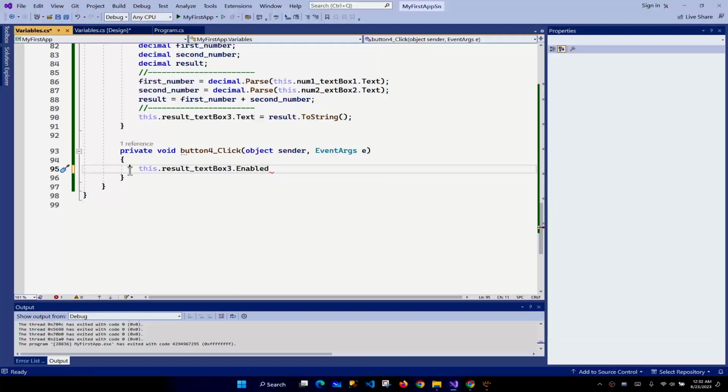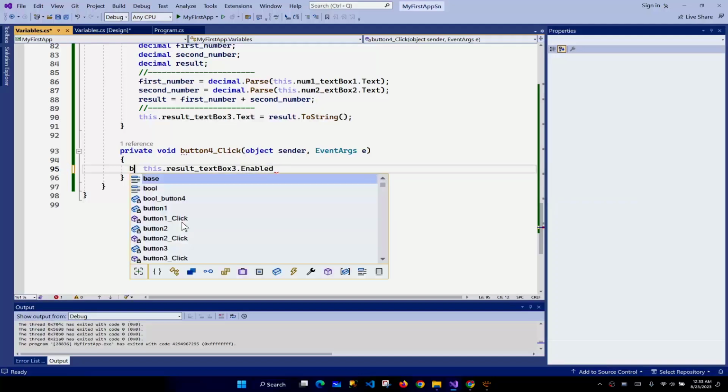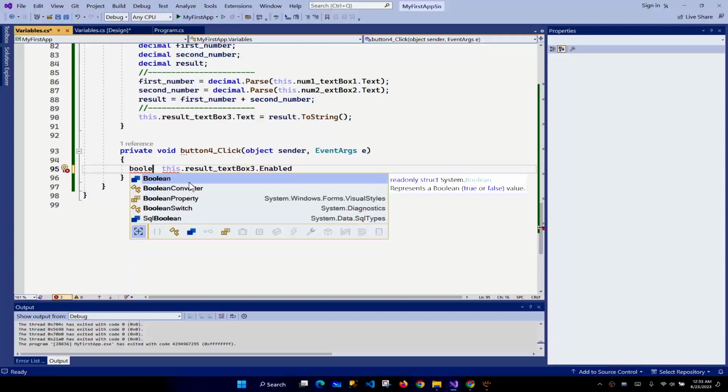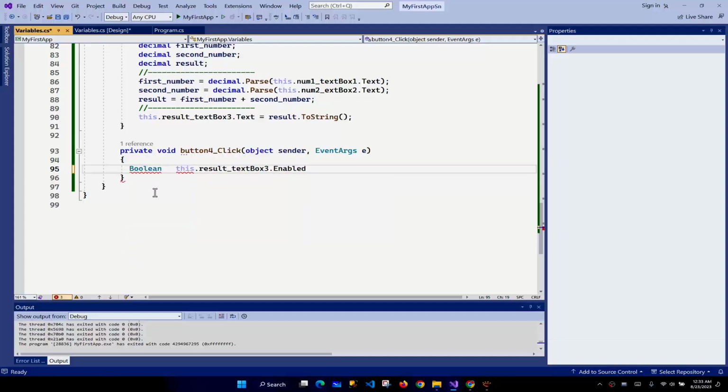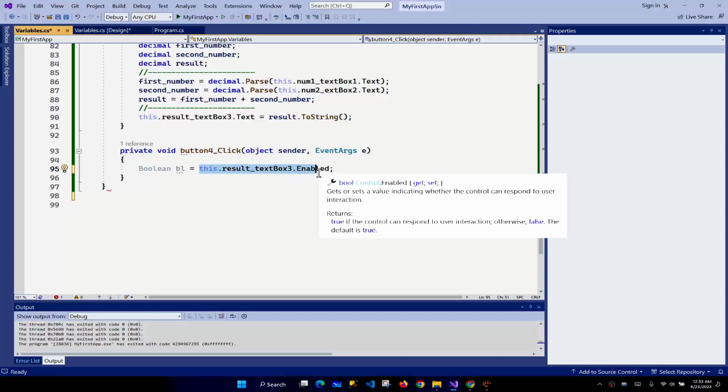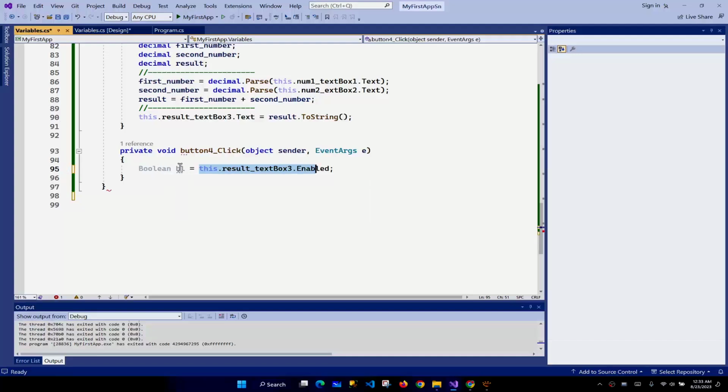Now let's come over here and define the new boolean. This is the boolean, you can see it over here, and the name for that. Let's add BL for boolean. Now let's go over here and write equals, and don't forget to add the semicolon. So I'm going to get the enable property of the result text box and assign it to the BL as boolean. Now I have the boolean, and I can easily start working with it, or I can assign it to another